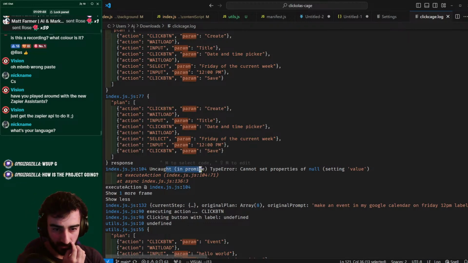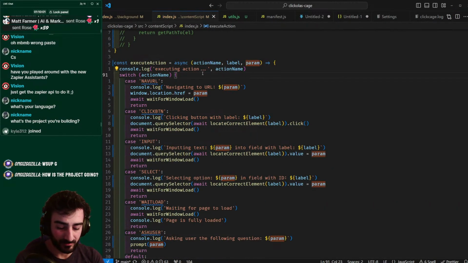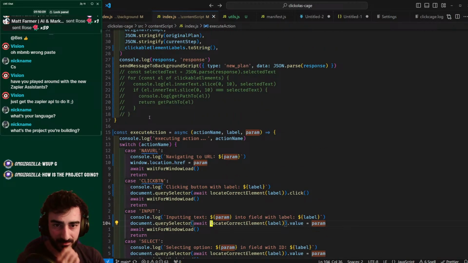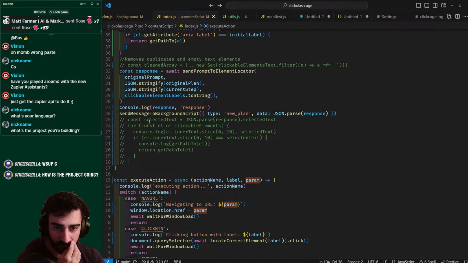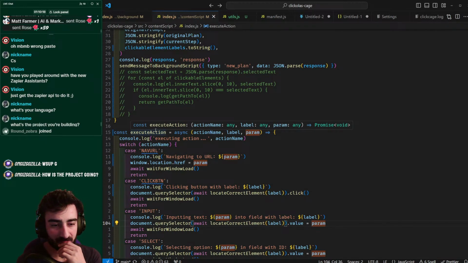Oh no, cannot set properties of null setting value. In 104. Is that the same? This shouldn't. Wait, what happens? Oh, if it updates the plan, we need to